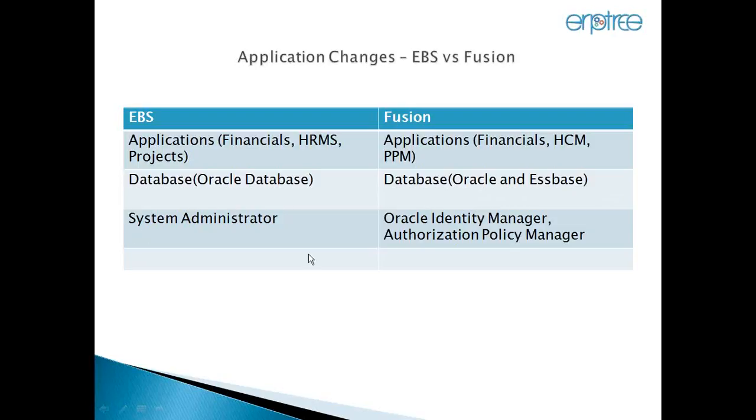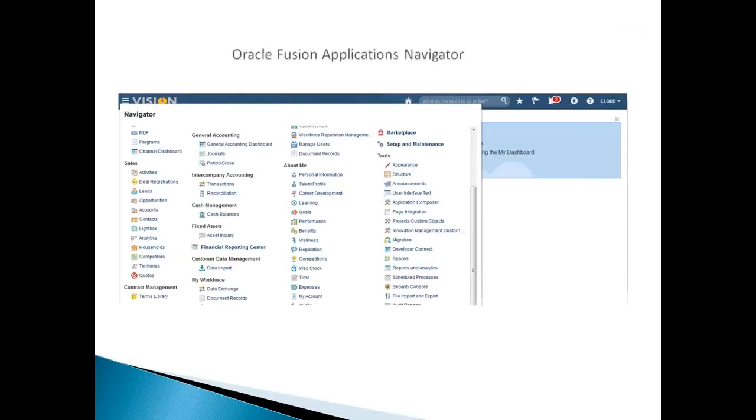And the system administrator we have in EBS, these they removed in the previous versions only. Here now we have a security console. These we don't get access in the latest versions. In the older versions up to release 11, Oracle is giving access to Oracle Identity Manager, OIM, and Authorization Policy Manager, APM. From release 12 onwards, this access they removed. They are giving access to security console. Whatever you can access from there, the same you can access from security console. So this is how the application look and feel you can have.